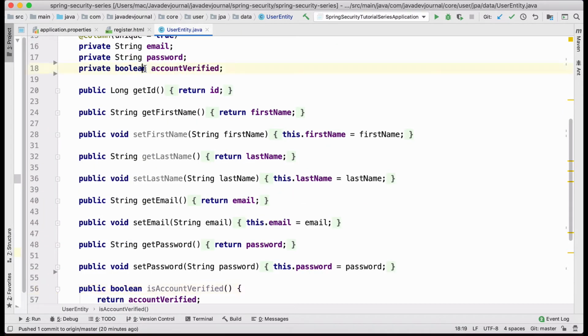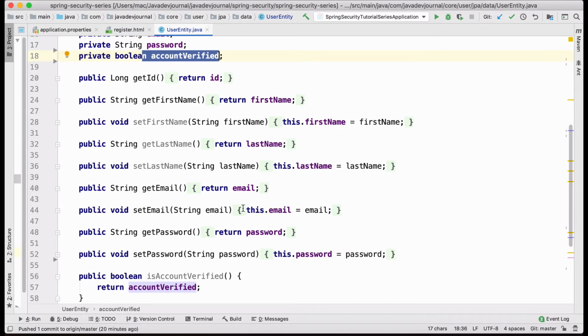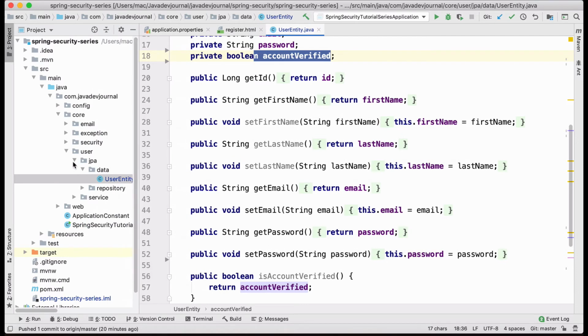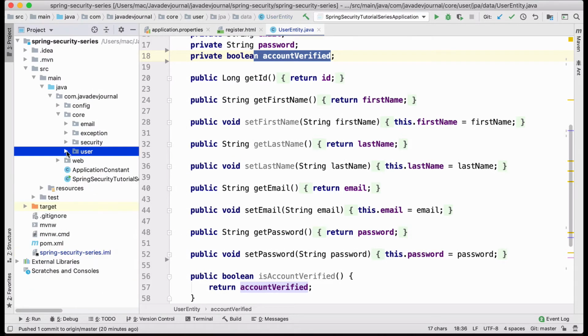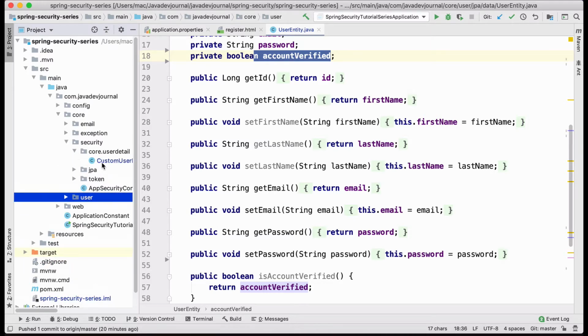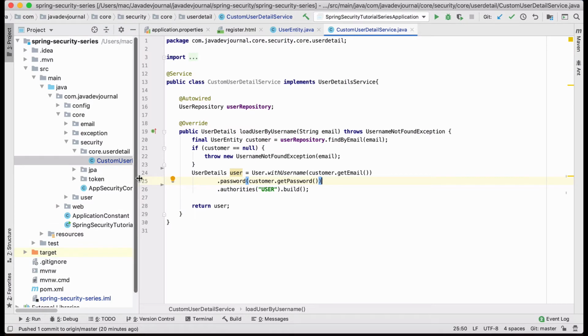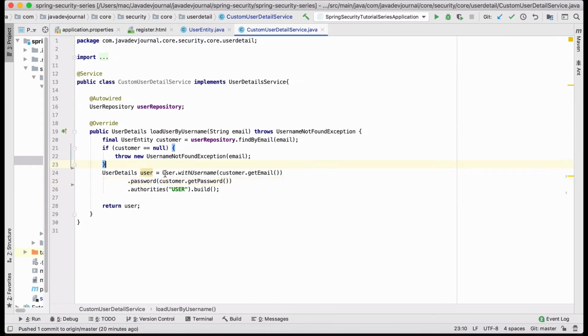So I have added this field as an account verified field, and this field indicates whether your account is verified or not. Okay. So the next thing I'm going to do is let Spring Security use this information, and to do that, again, we are going to go to the Spring Security custom user detail service. You remember we created that one. And now in this service,